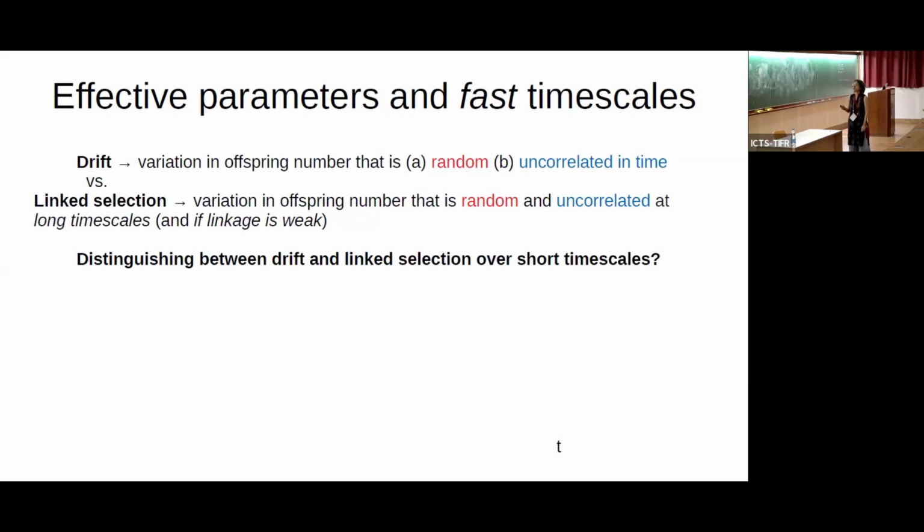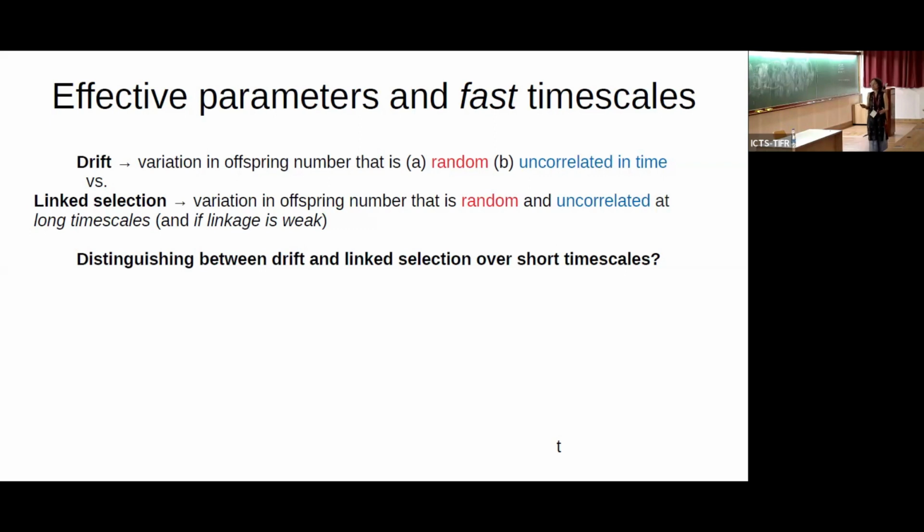So these effective parameters are especially useful over long time scales, because in the long run, any of these associations, you find yourself on a fit background, so your dynamics are correlated, but this breaks down relatively fast, and then you're on an unfit background, so it might look quite random over long time scales, unlike drift, which is always random and always uncorrelated in time.